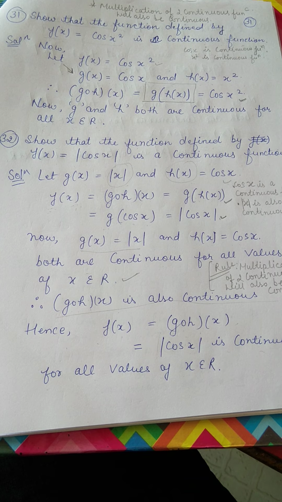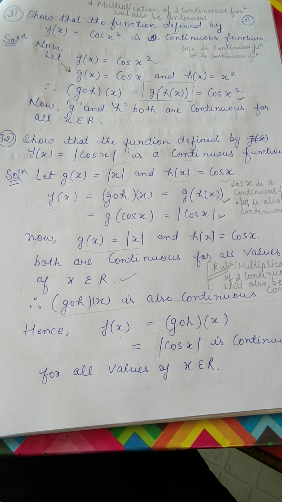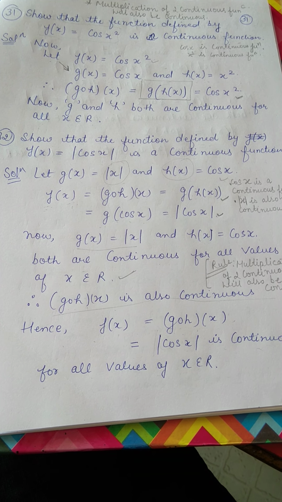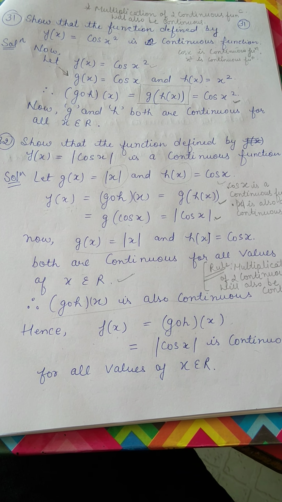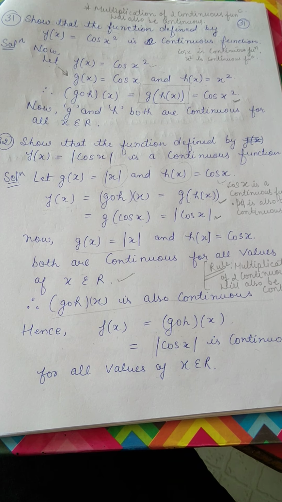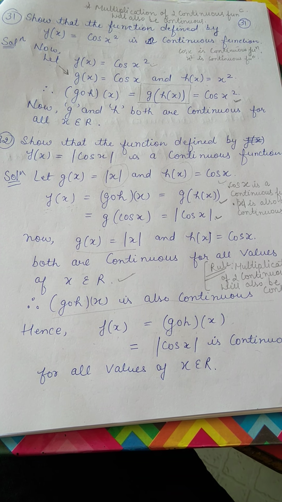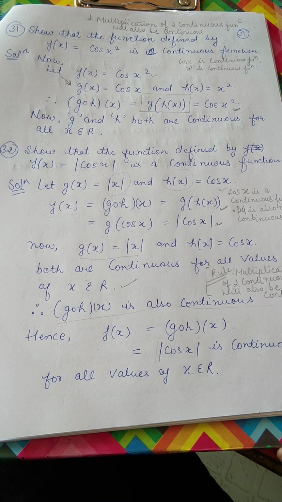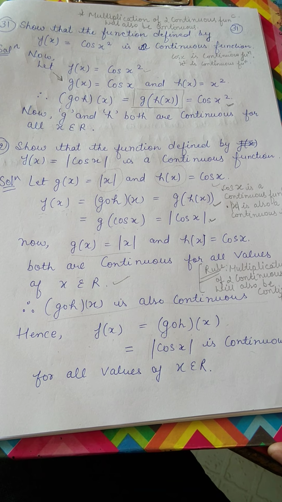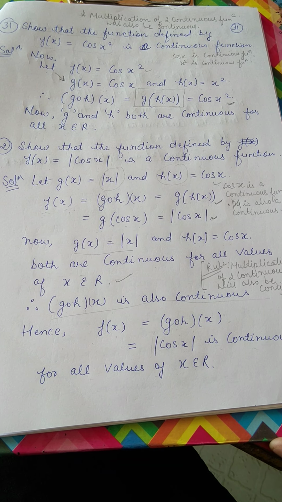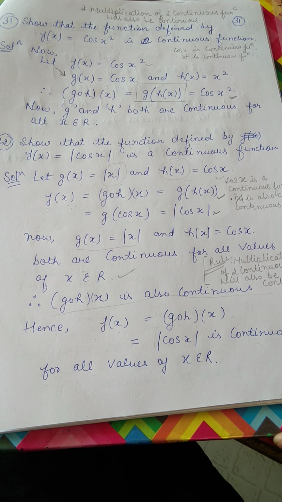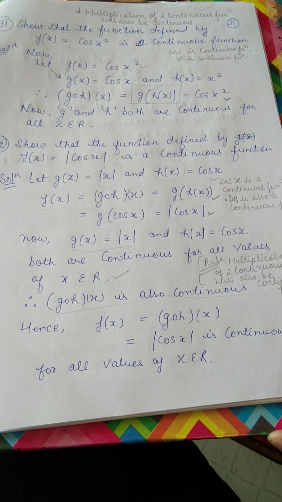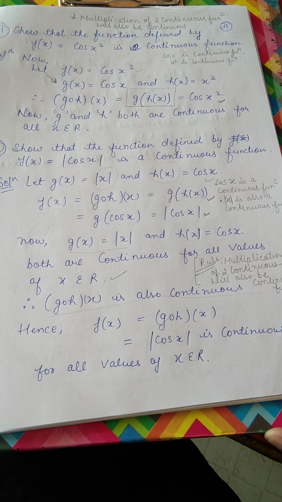Rule number 2 of algebra is when two continuous functions are subtracted, the result obtained by the subtraction will also be continuous. मतलब अगर दो continuous functions को subtract कर दिया जाए तो subtract करके जो आंसर आएगा बेटा वो भी क्या होगा? कंटिन्यूअस. And बच्चे, if two continuous functions are multiplied, the answer will also be continuous. And similar is for your division also. Now I am moving to your next question बच्चे, and that question is your question number 33.